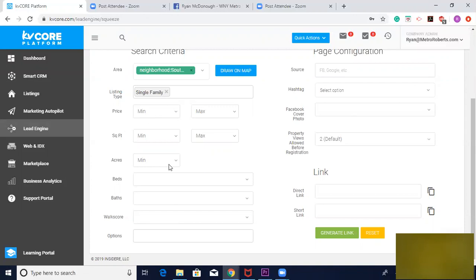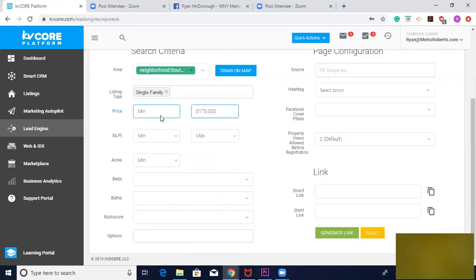You don't have to. Again, the more search options you add, obviously the more limited your search will be. But at the same time, you also want to create a list of homes where people are going to find something that is actually enticing to them, that kind of fits what they're looking at. So mine is going to be affordable. So I'm going to go maximum